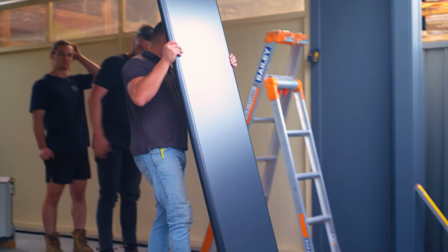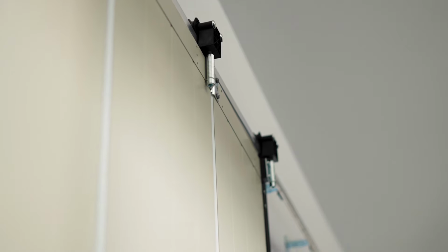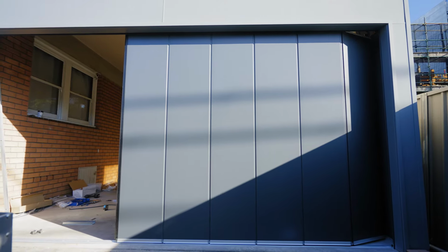Each panel in our side slider is 42mm thick. It has a 1mm steel skin on each side of the panel, filled with 40mm of PU foam. This is for insulation and helping with noise. There are no springs, no cables, just wheels running on a track, which helps with smooth operation. It also comes with a full perimeter seal around the sides, the bottom and the top to help keep dust